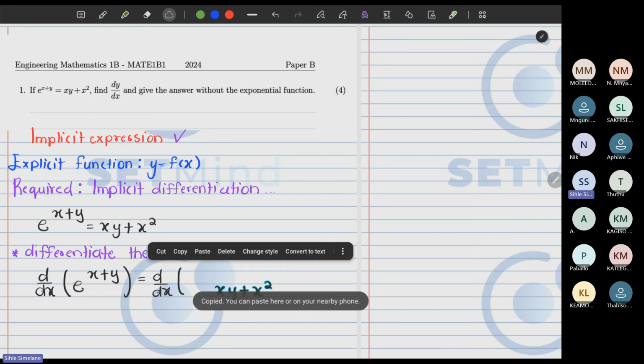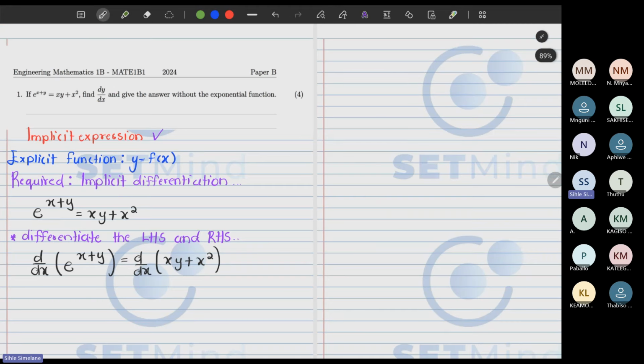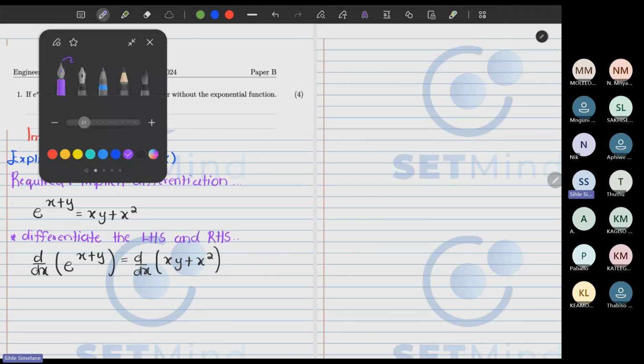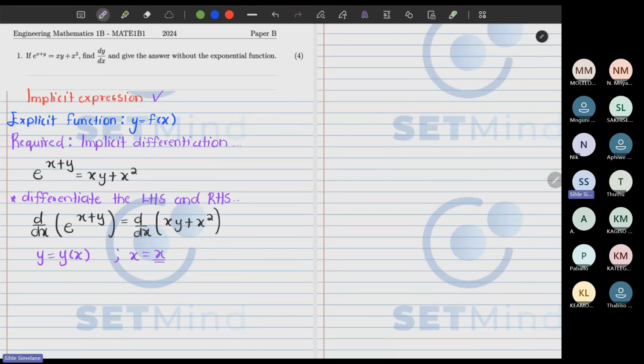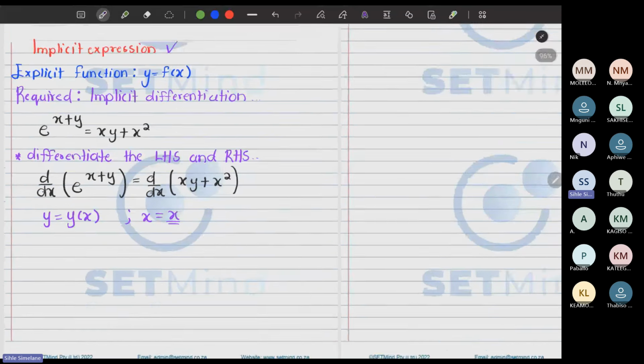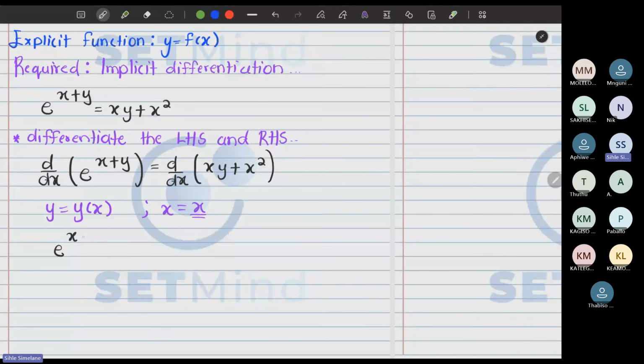There's something that I need you guys to pay attention to here. What we are trying to do is differentiate y with respect to x, to find that answer at the end. But you need to remember that y is actually a function of x, and x is just x. So when we differentiate, I need you to have that in mind. Let's look at the left-hand side. Whenever you are differentiating e to the power of something, the answer becomes e to the power of that something, multiplied by